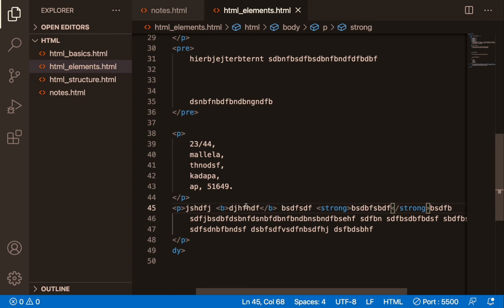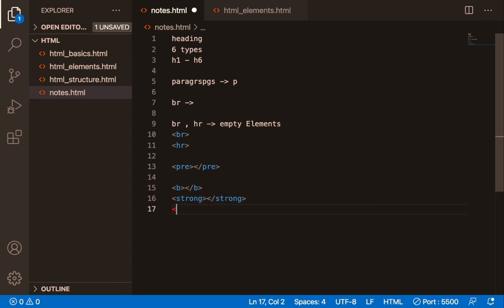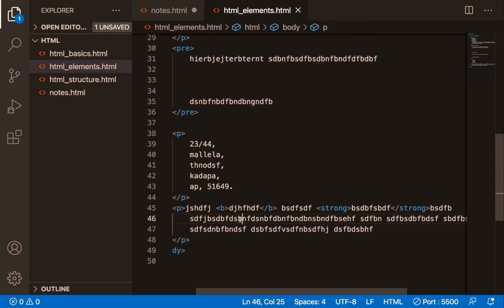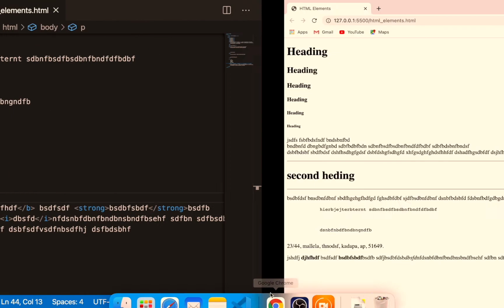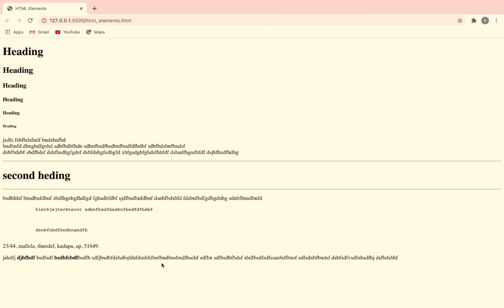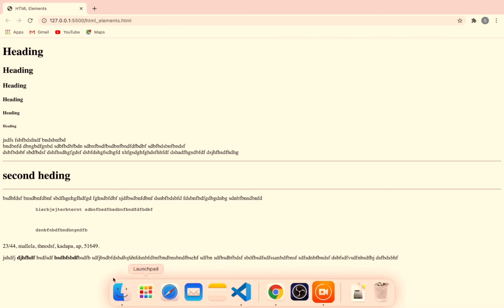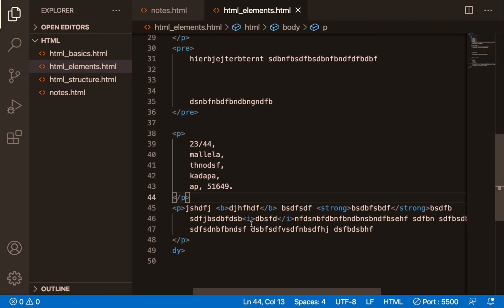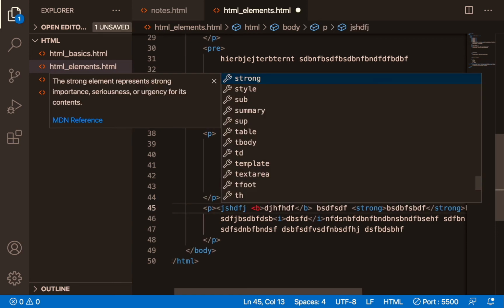And if you want to write something else, italic is there. There is one more element, italic. I will show you how it will come. Let's write something between I. Let's write it for the first word.